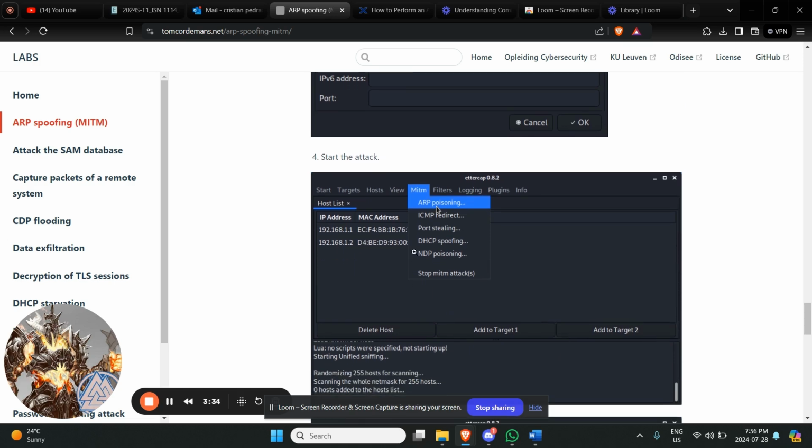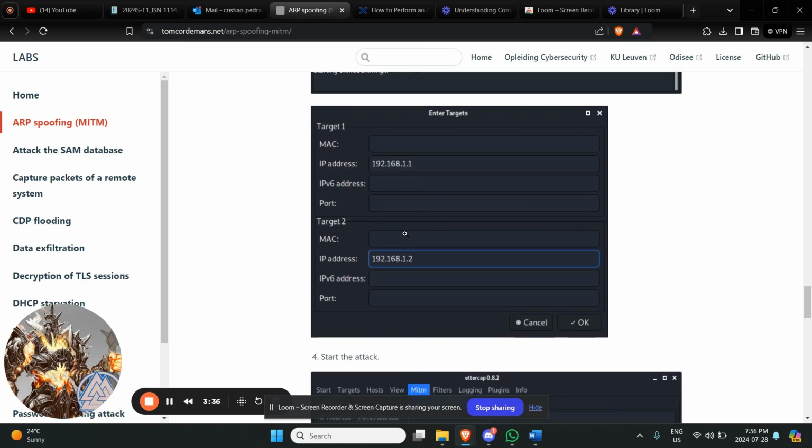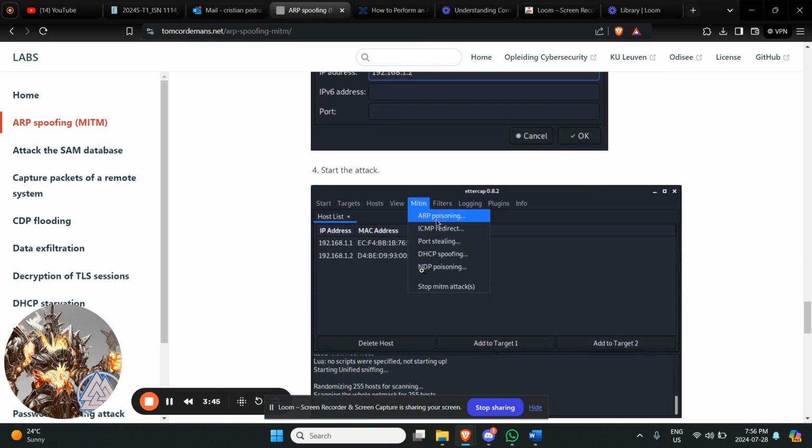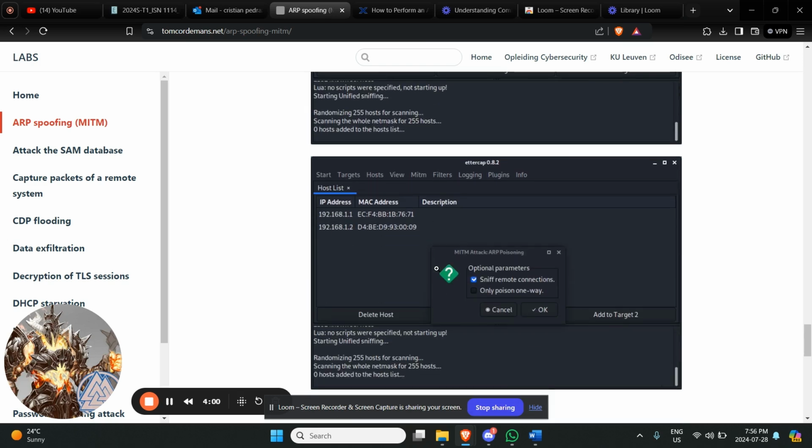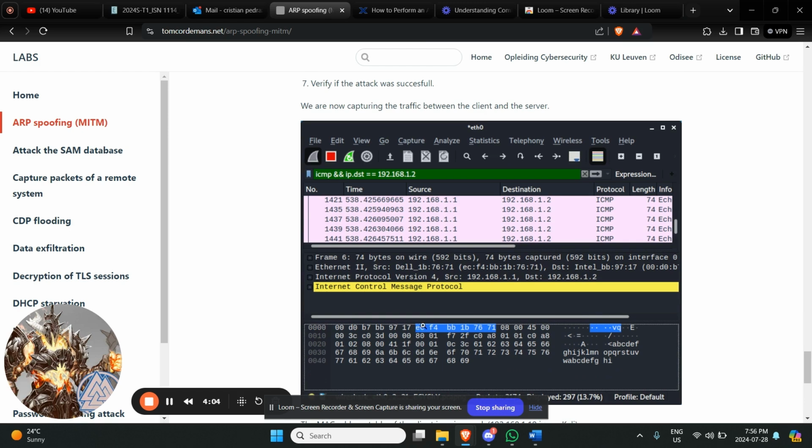not let the host or the server identify that someone is sniffing that communication. For this example, we just set up the targets, that is gonna be the IP addresses 192.168.1.1 and 192.168.1.2, and we're gonna do an ARP poisoning. So we're gonna start injecting ARP MAC addresses, and we will copy one of those addresses to seem like we are the real server. In this case, we're going to sniff the remote connections, and then we're going to see